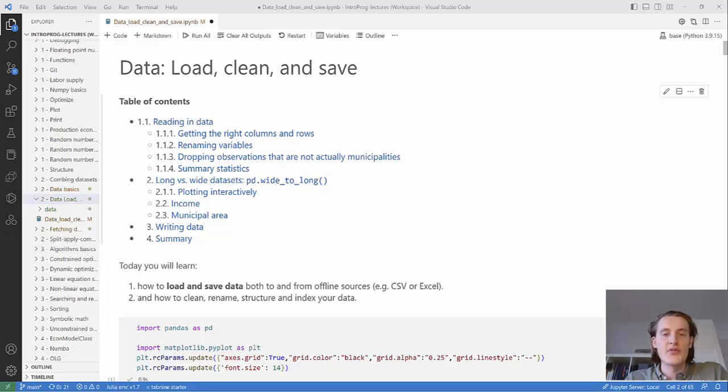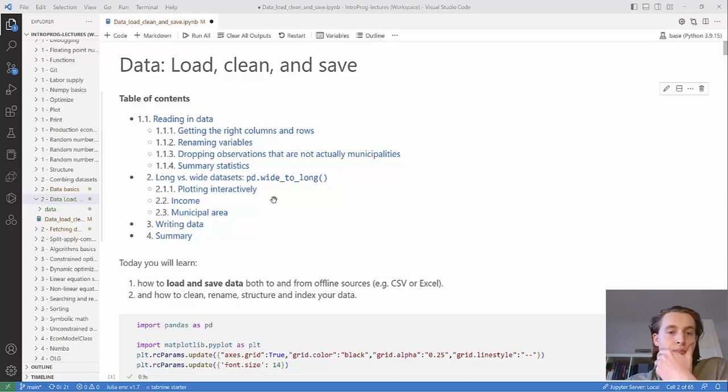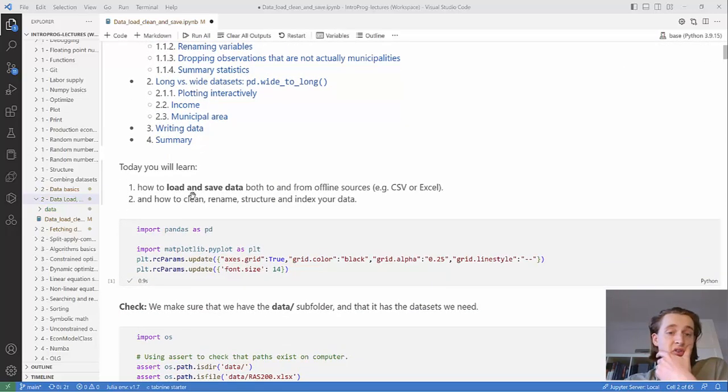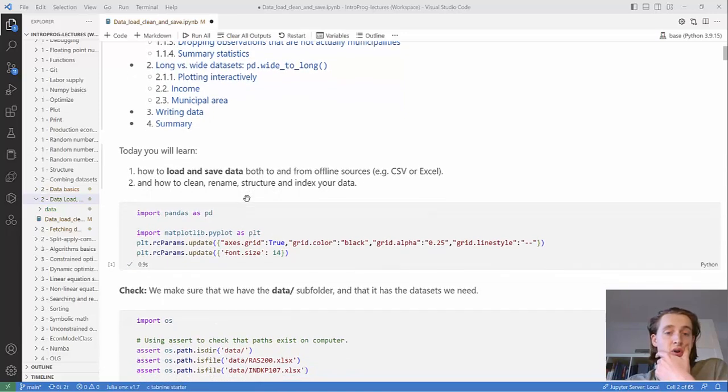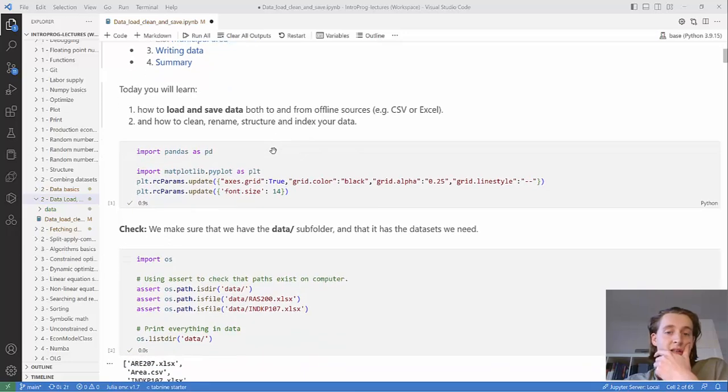Hello and welcome to this video where we're going to be talking about how to load data from a file, cleaning it up to make it look nice, and saving it. We're also going to be talking about long to wide data sets. That's sort of part of the cleaning part and plotting and stuff like that. So let's just dig into it. As I said, you're going to learn how to load and save data and clean it, like the base parts